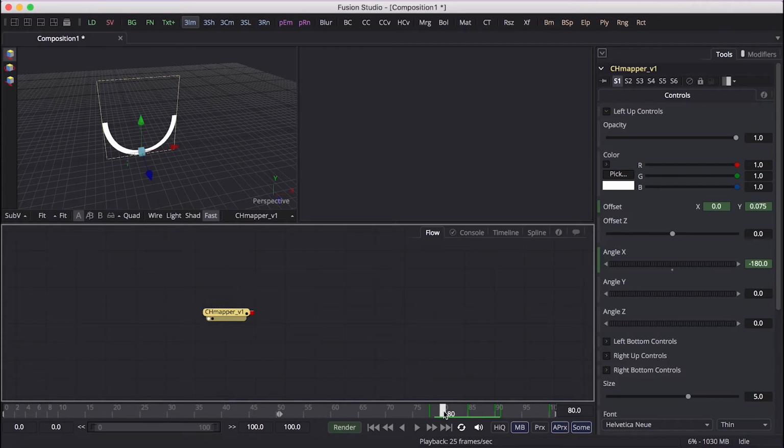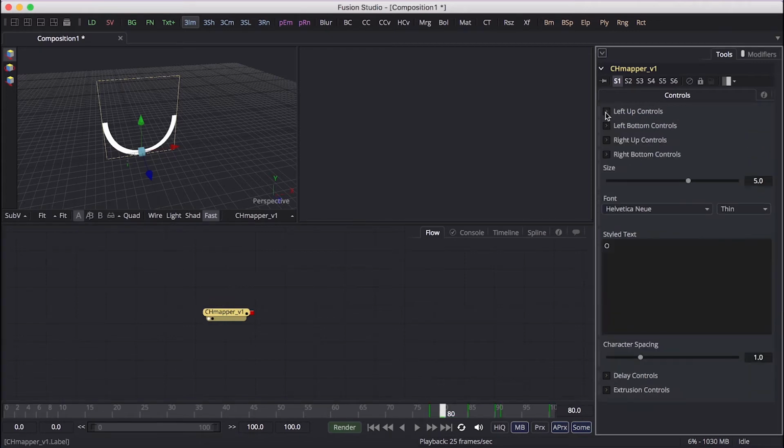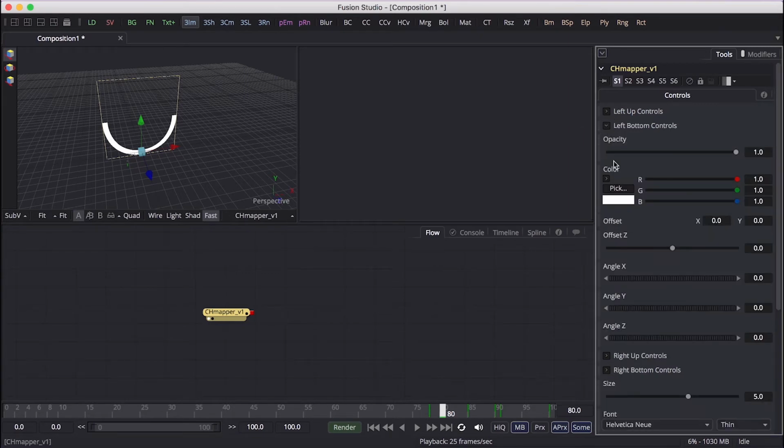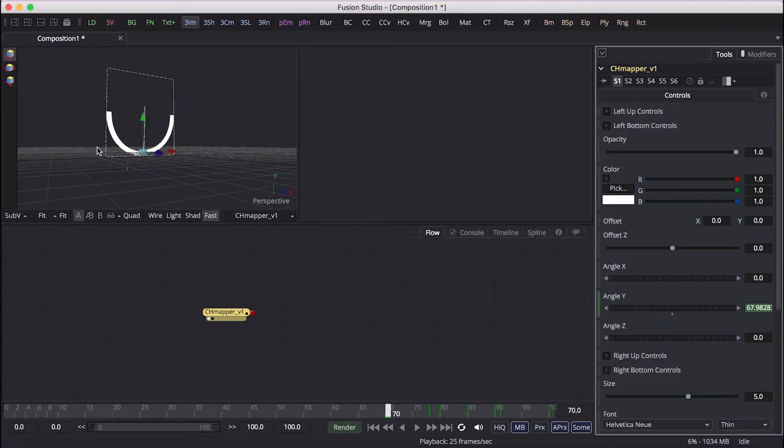Go back to the flow. It's frame 80, and now this is the left bottom, so open the left bottom controls. We're going to fold it on angle Y, so right click, animate, go to 70. You can see what I forgot here.